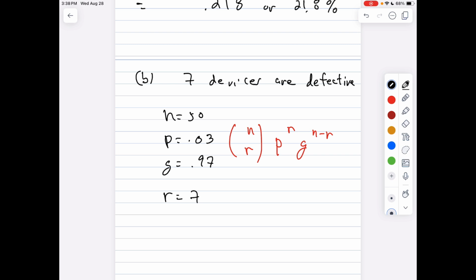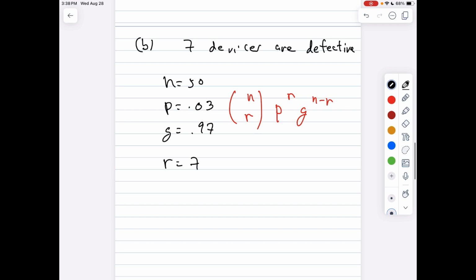I'm looking at the number of things that are defective, and that's why I have 0.03 for my p. Then q would be my failure, which in this case is that the devices work, that's 0.97, and your r would be 7 here. So if you were to plug this into your formula, this would be 50 choose 7,